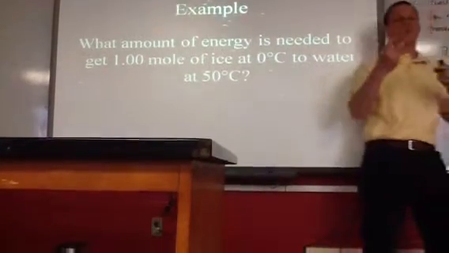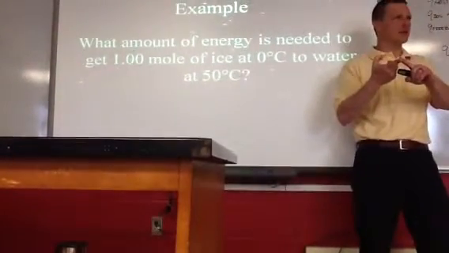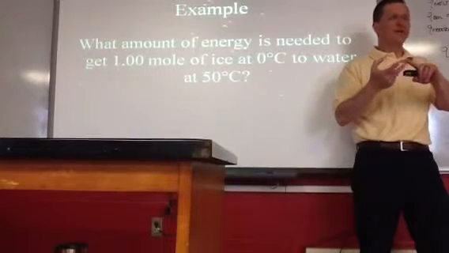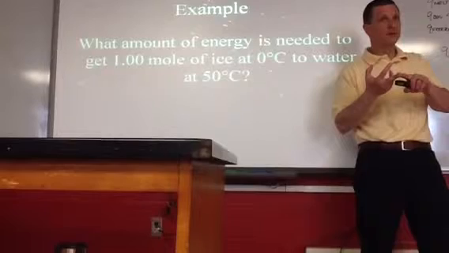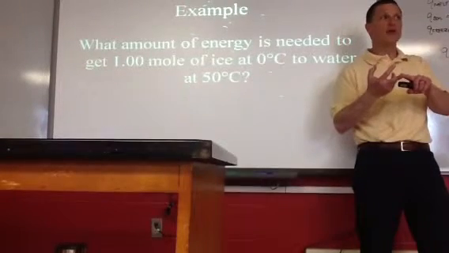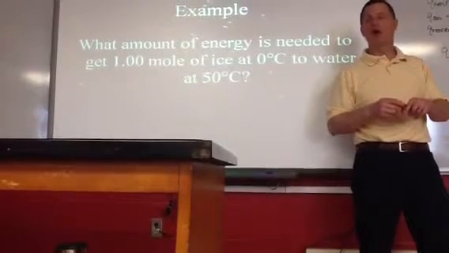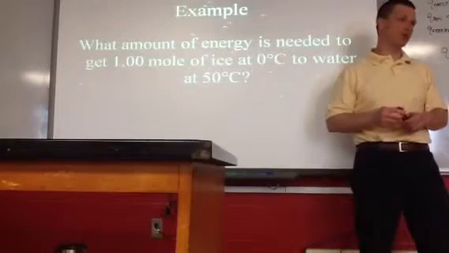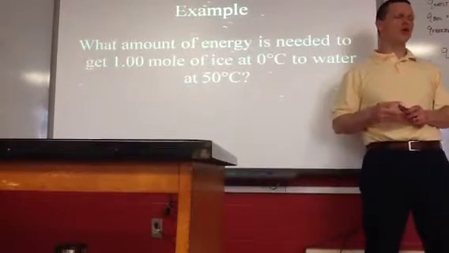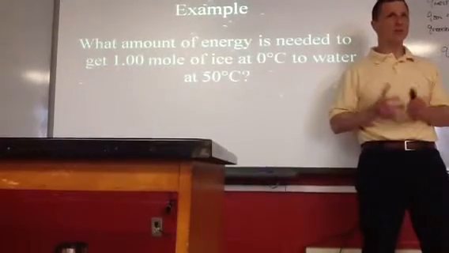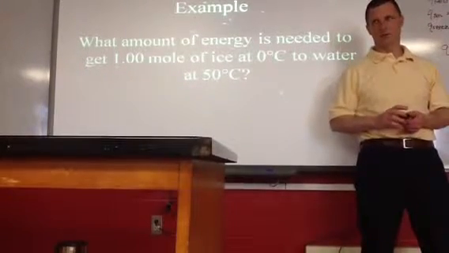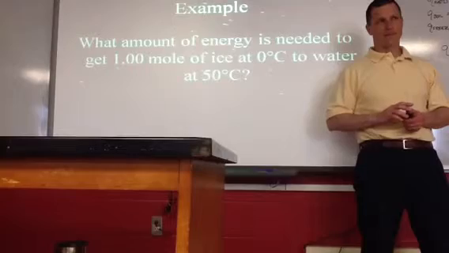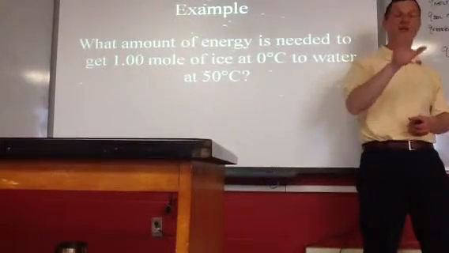So there's really 2 different things we have to do. We first have to melt the ice to get it to liquid water. Then you have to take the liquid water and heat it from 0 to 50. Can you do that all at once? No. You've got a phase change and a temperature change. So I need you to know that when you have a phase change and a temperature change in the same problem, you really have to do 2 problems. It's like 2 in 1. You have to find Q for the phase change, Q for the temperature